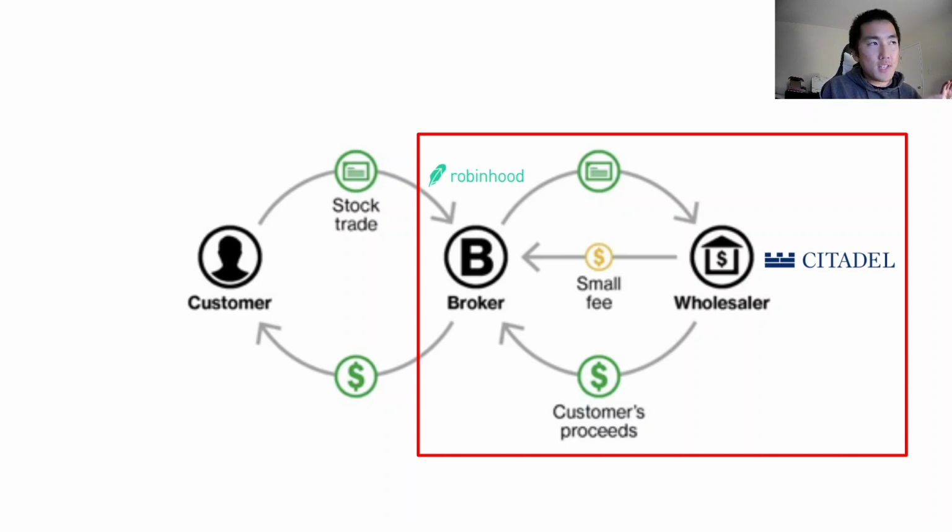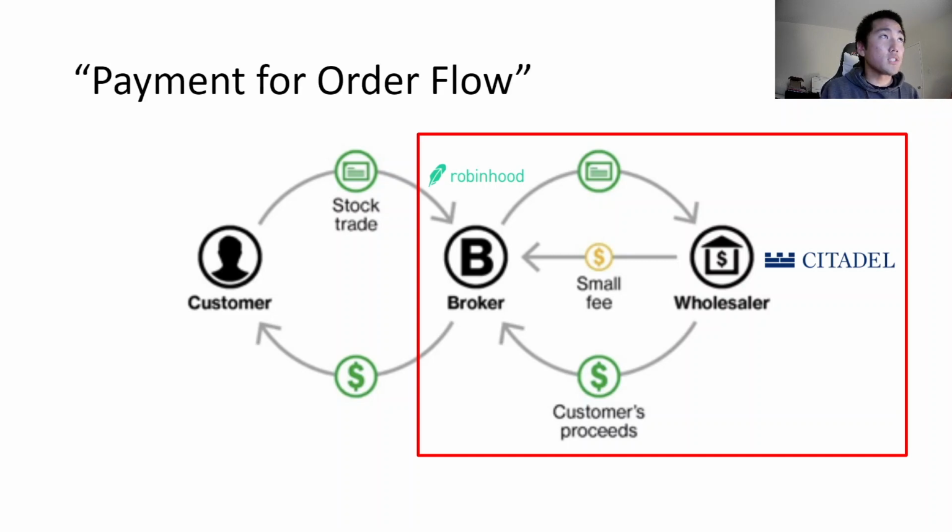No, they essentially sell your order flow to someone like Citadel, where Citadel can say, you know what, okay, I'll front run this retail trader and I'll pay Robinhood so I can clip this arbitrage. That way, Robinhood earns a tiny fee and Citadel earns a small arbitrage. On the surface, as a customer, it might look like I'm getting a free trade, but there is no free lunch. There is never such a thing as free trading. Someone is always making money on the back end, even though it might seem free on the surface. This is called payment for order flow, and this is something that WooX also does to offer free trading for investors.